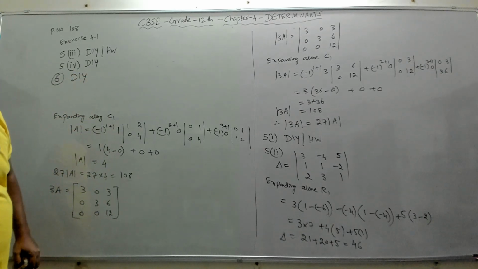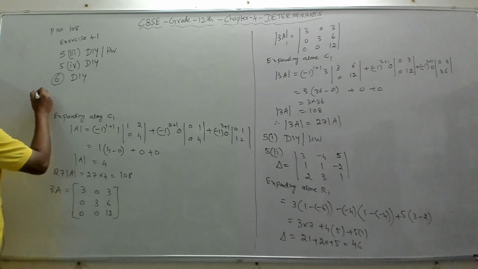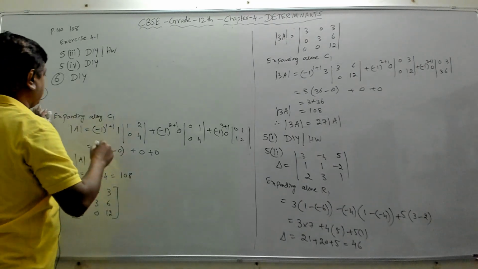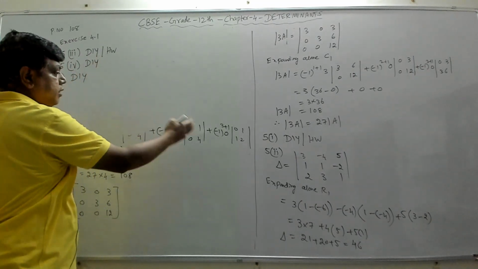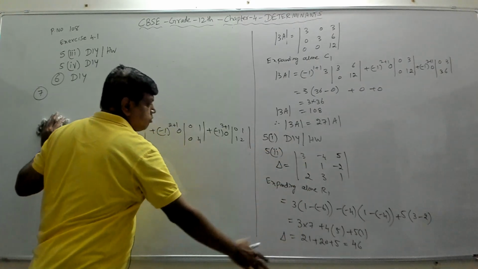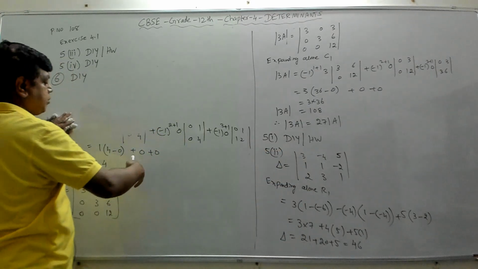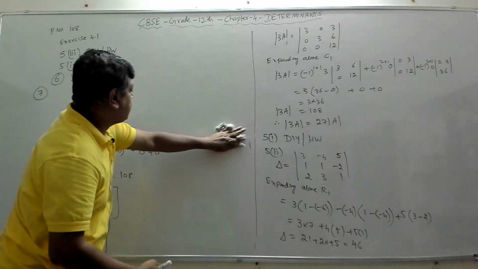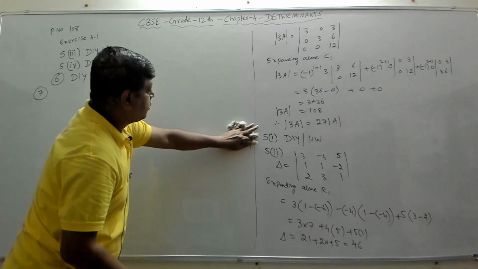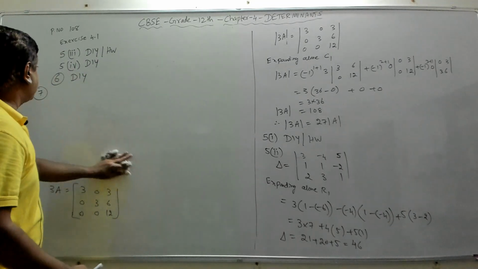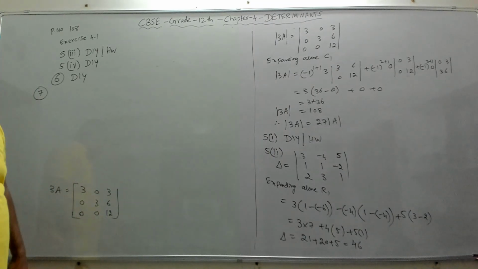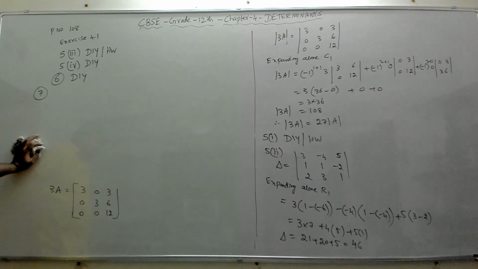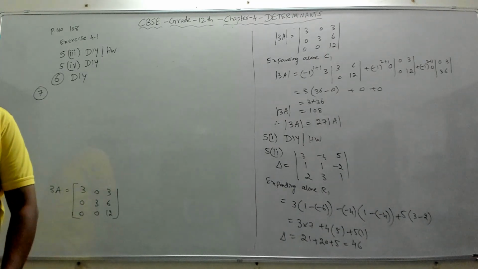Right? So I will do the seventh one. So all are the same. You have to find the determinant of a 3 cross 3 matrix like this. You have to expand like this, and we have done many problems. Same method you have to follow, and you can find the determinant of the given matrix A here. You should be able to find it.